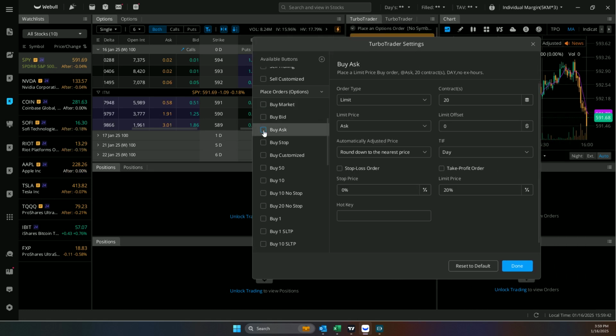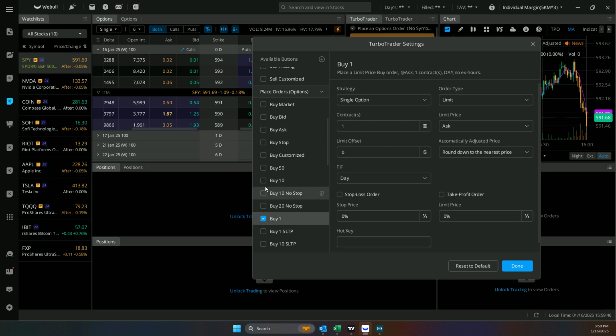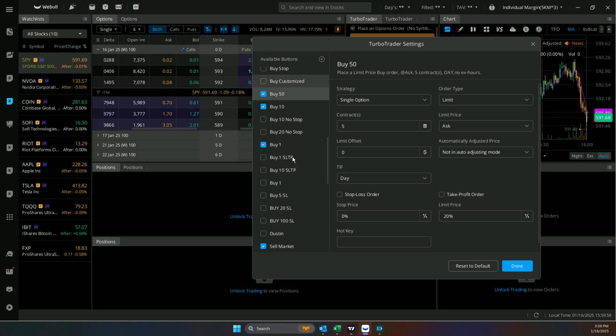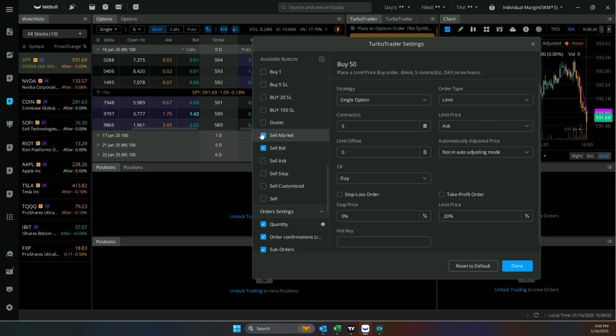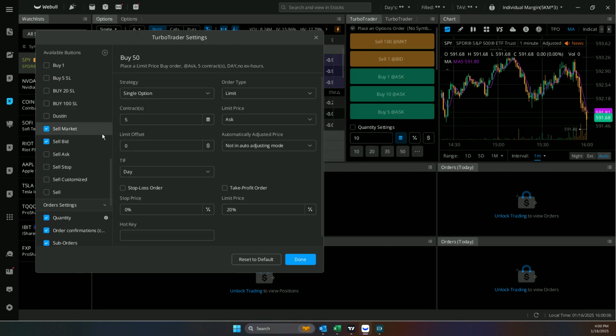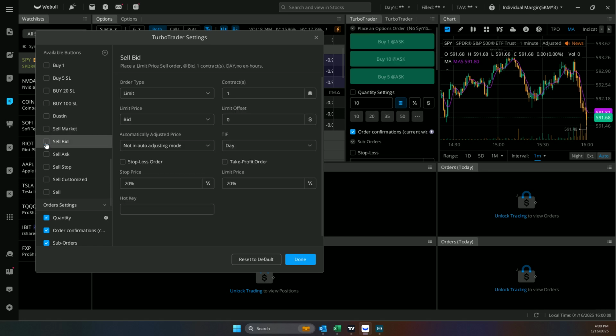So what I have done is I have set up parameters here. You can buy one, you can buy 10, buy 50. Okay, so we have those three. And then we're going to delete. So we have a sell at market, sell at bid. We're going to get rid of those. We don't have any selling here. We're just